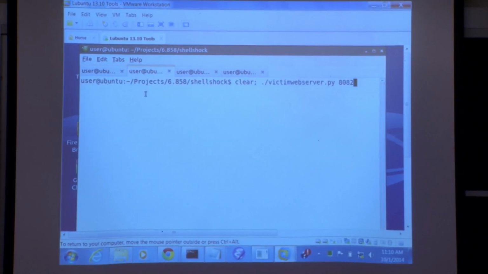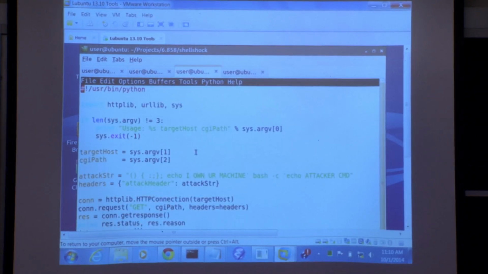So if I come over here and I start my victim web server, it's now ready to accept requests. And then I can write my special Shellshock client like so. And this is actually pretty dirt simple. So here, I just define one of these malformed strings. I have these kind of janky characters at the beginning, and then I know that everything after this is essentially going to be executed on my behalf on the server side.